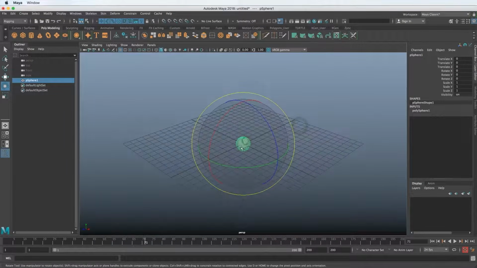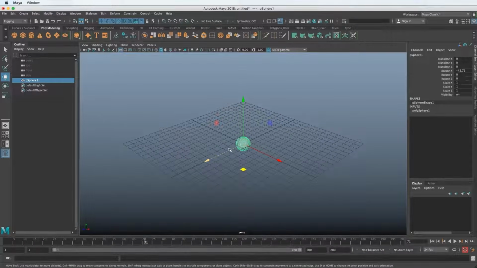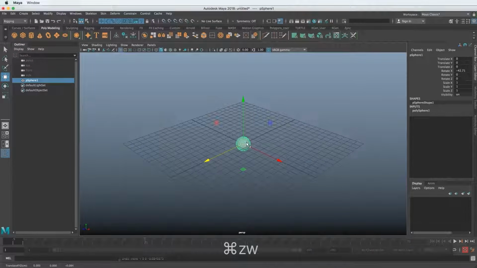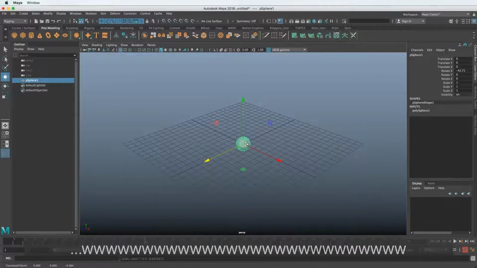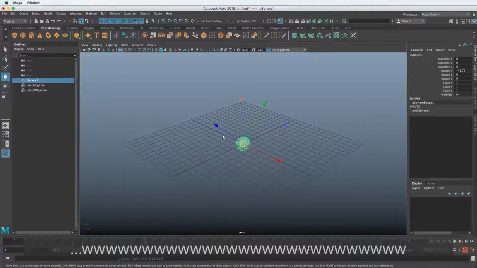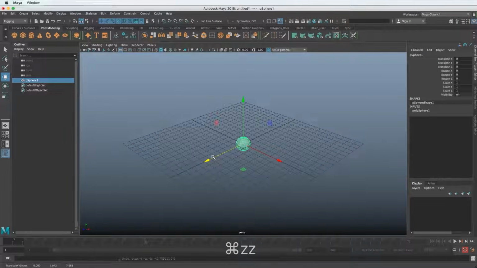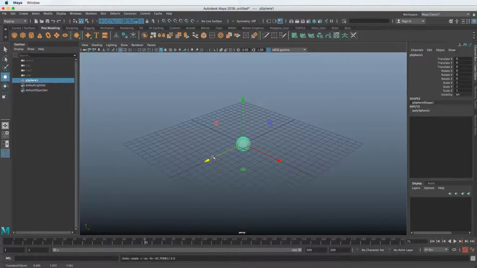So similarly to the rotation axes being different, the move axes can also be different. Right now you can see even though the object is rotated, the axes are pointing relative to the world. If we hold down W, similarly like we held down E earlier, and left click, we get the same option, right? Object. Now we can see it's following the rotation. So it's following the object axes now. That's just two different ways to manipulate the same object, based on its own axes or based on the world axes. So that's important.